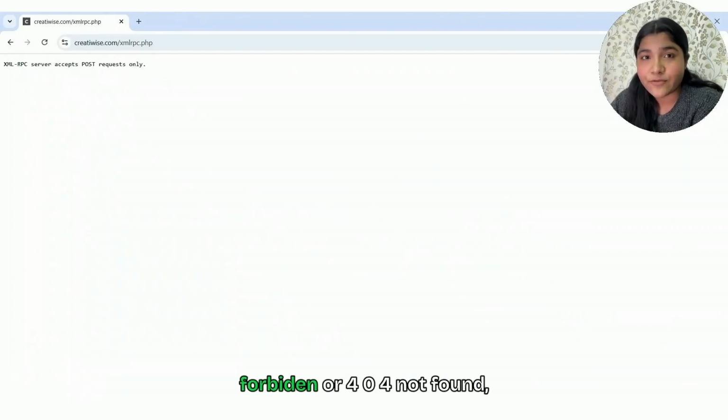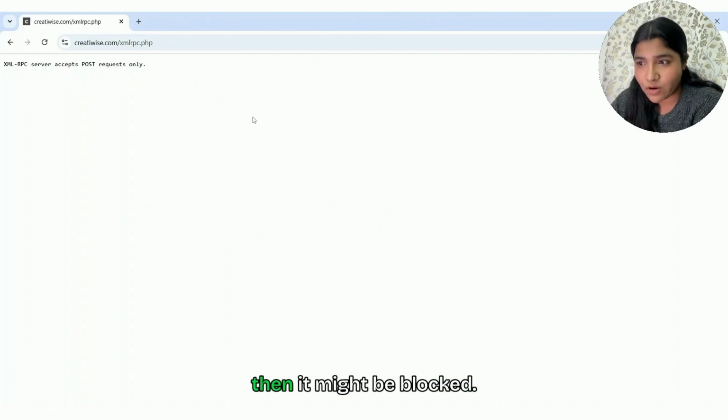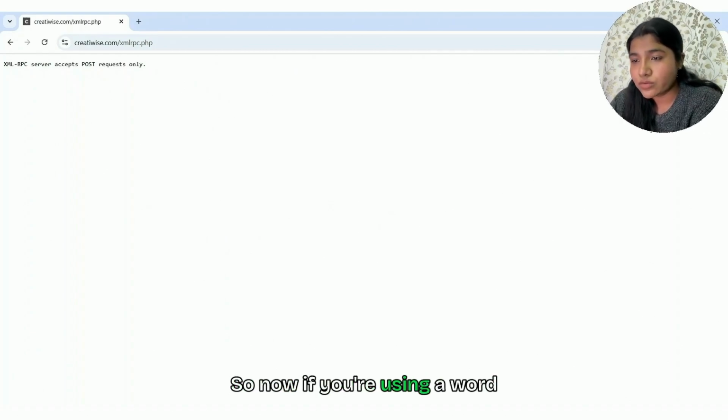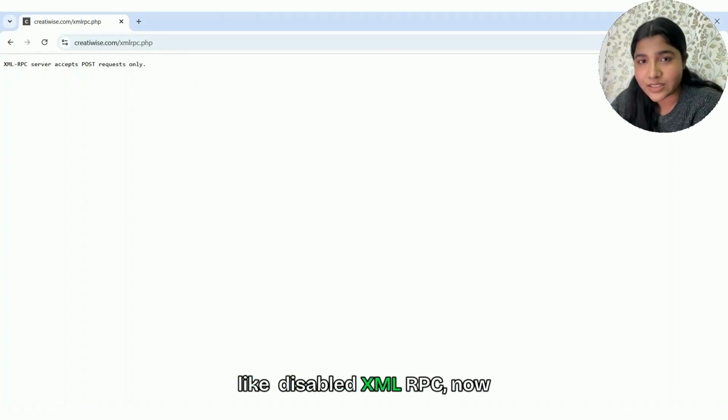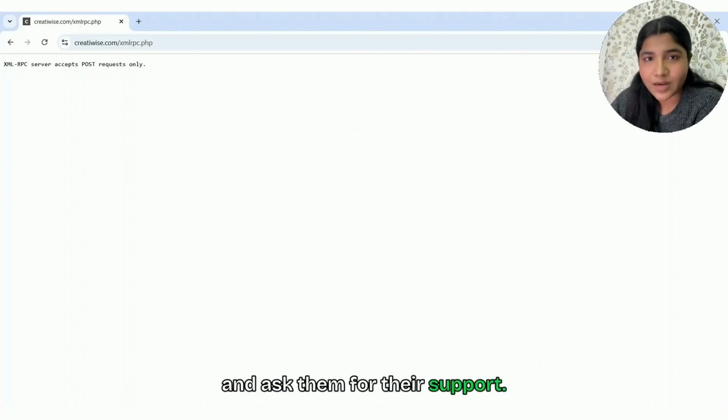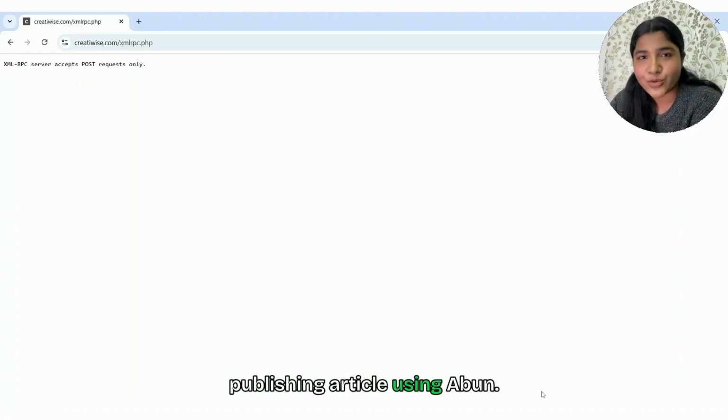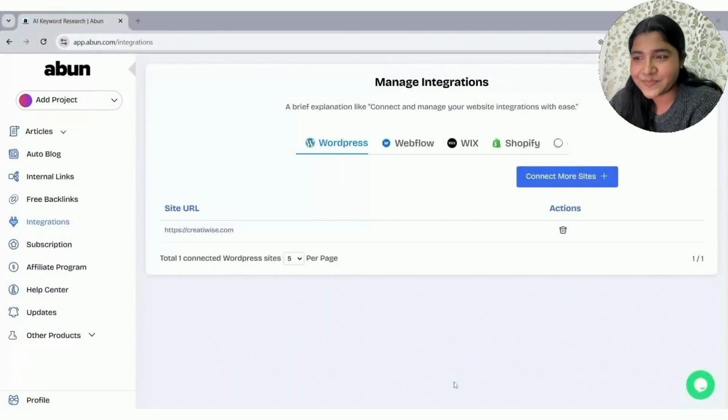But if you see a 403 forbidden or 404 not found, then it might be blocked. So how to fix this? If you're using something like Wordfence or iThemes Security or a disable XML RPC plugin, check their settings and enable the XML RPC. But if your hosting provider is blocking it, you can call them and ask for their support. And now you can try publishing the article using Apan.